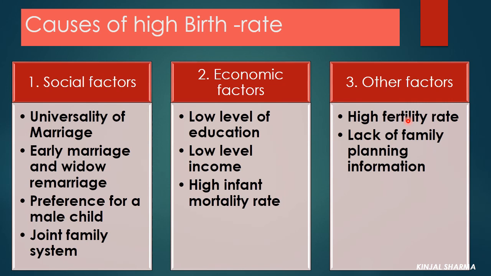And second one is the proportion of unmarried women in the total number of women in the fertile age group is very low. Second comes lack of family planning information. Now family planning, nowadays if you have seen, educated people mostly they talk about family planning, right? Before, when the people were not so educated, that time they were not knowing about family planning and all these words. So family planning refers to the decision on the size of family and making gap between two children based on proper understanding. For example, we can say planned parenthood.